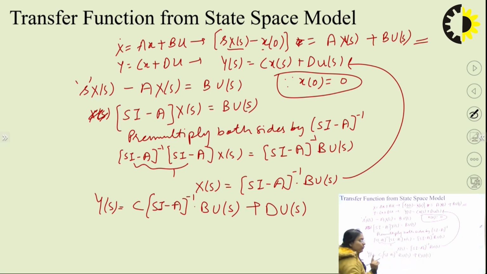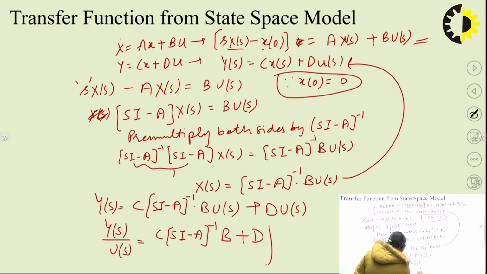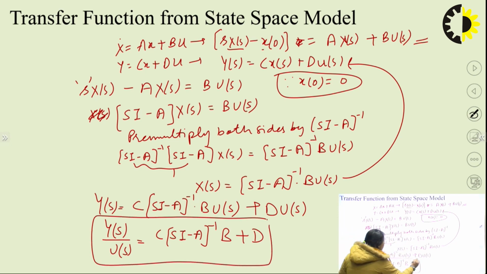Since Us is the input to the system and Ys is the output of the system, and the transfer function is the ratio of output to input, I can take Us common from the above equation. So the transfer function will be equal to C into (sI minus A) inverse into B plus D. So this is the transfer function